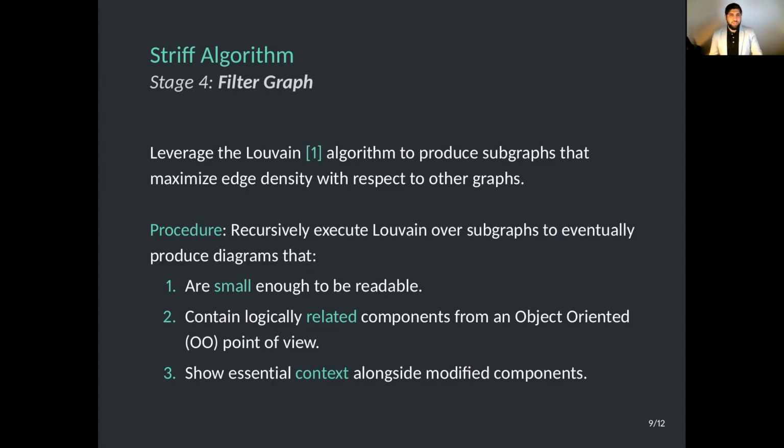So this entire algorithm is implemented over 2 Java libraries that I will link at the end of this presentation, and they're available on GitHub. But what I've done is I've hosted and ran these libraries as a REST API, and built a Chrome integration that integrates with GitHub. And so what we're going to do now is generate Strift diagrams on the fly looking at pull requests on GitHub.